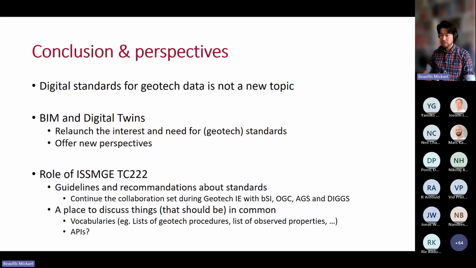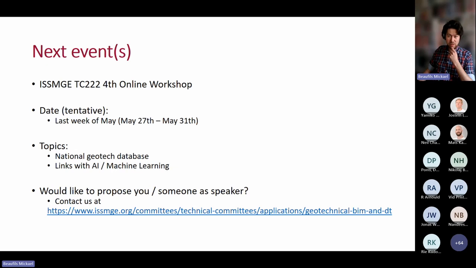And we also think that ISSMGE TC222 might be a place where we could discuss things that are more related to the domain of geotechnics, not necessarily about the technologies, but about vocabularies that should be in common, like the list of the geotech procedures, the list of offsite properties, so we could have a common basis on that. I also opened the door to the APIs, as DIGS and AGS mentioned that this is something in study for them.